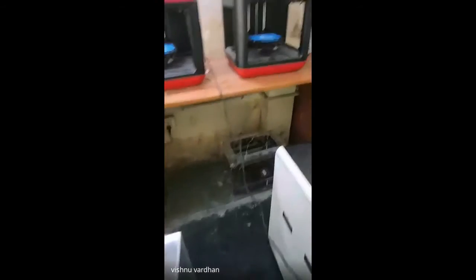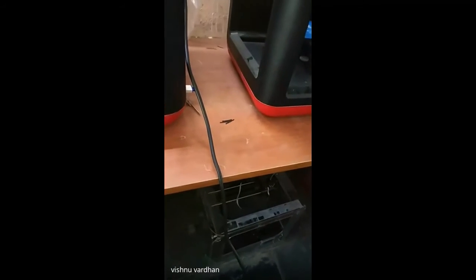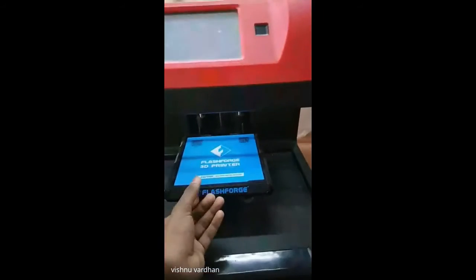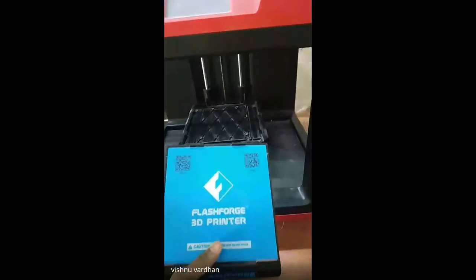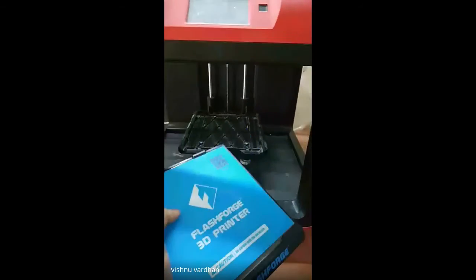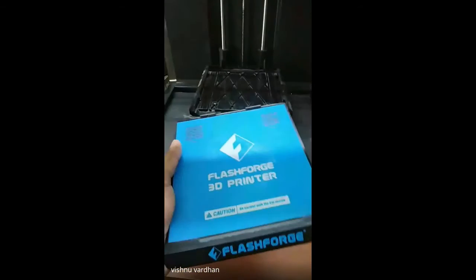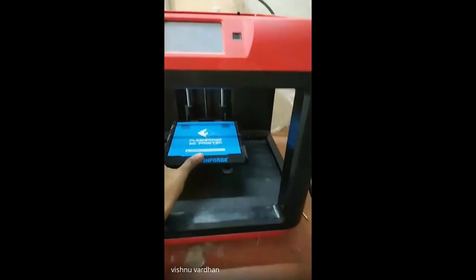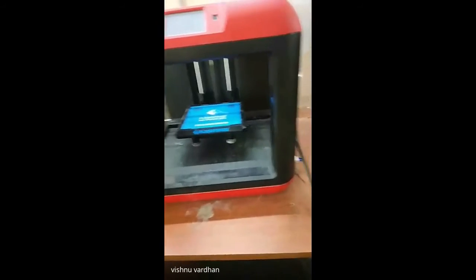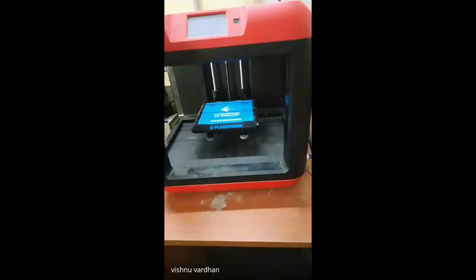And some printers are desktop printers. In those printers, we can print only PLA filament, because desktop printers can't afford that much temperature. They don't have any heat bed. If you look at this printer, we don't have any heat bed. Instead of a heat bed, we have an adhesive sheet. It grips the part more strongly. In this printer, we can print only PLA based filaments, whose melting temperature is around 220. Those filaments only we can print on this printer.